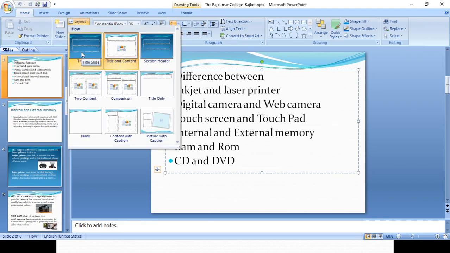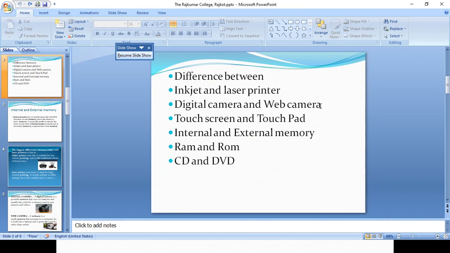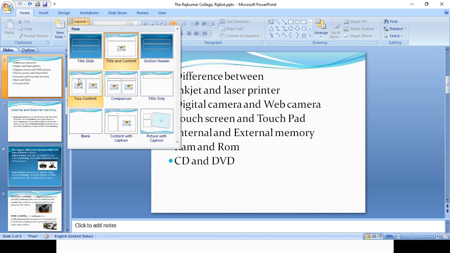I want to change the slide. See, I can do this. Okay, see, the layout of the slide has changed. I am pressing Control Z because I don't want to change it just now. So you can see these layouts. This layout we already saw last Saturday. I changed it to Two Content, right? From the normal one I have done this one. Now see, these are the different layouts.